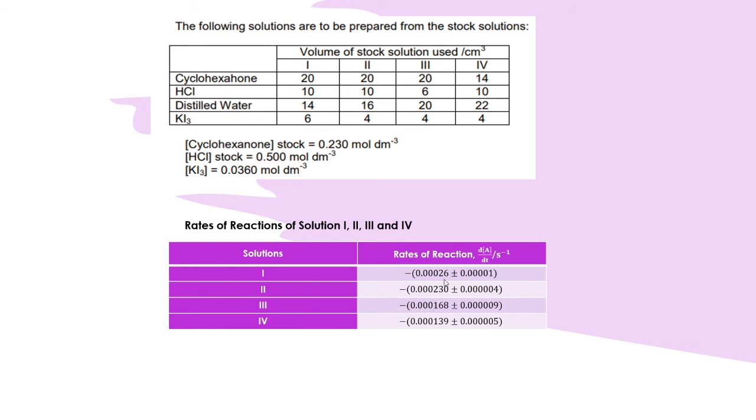It will be nice to have a 0 here so you see the consistency. Then this gives you 0.000168,